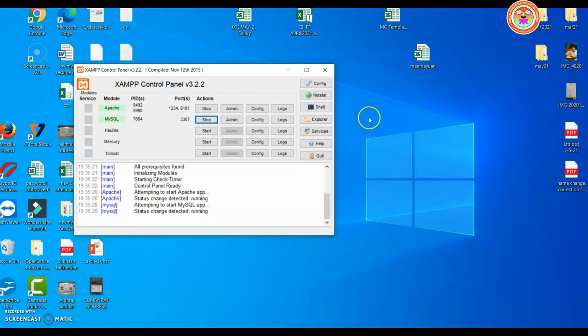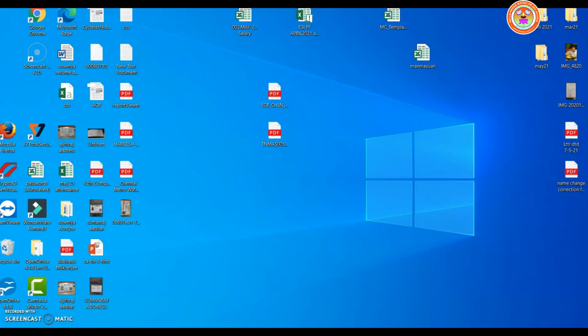What you are seeing on the screen is the XAMPP control panel. In that, you have to start Apache and MySQL. Before starting, it shows Start; after starting, it will show Stop, and you have to check whether the status changes to running. Then you have to minimize this.